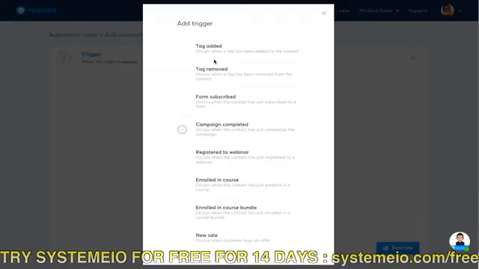In trigger, it will be a form subscribe on which page, or when a contact has completed a campaign, so there is no more email in this campaign, you can make him switch to another campaign, or tag him to say that he has completed this campaign.